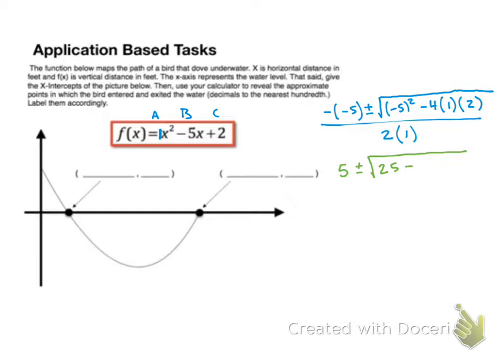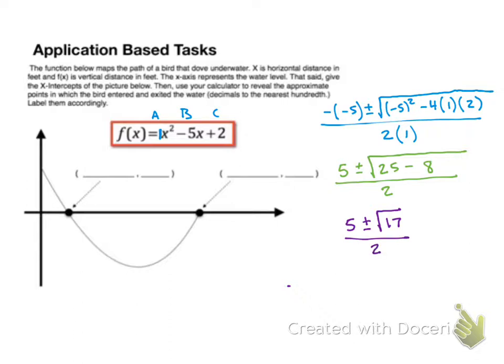So that's going to be minus 8. All divided by 2 times 1, which is 2. So the discriminant, I'm going to simplify. 25 minus 8. So 5 plus or minus the square root of 17